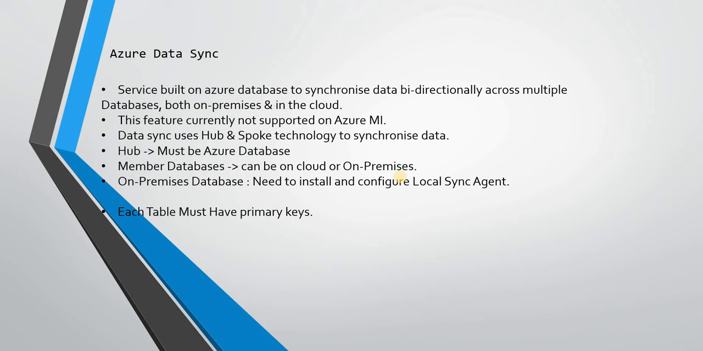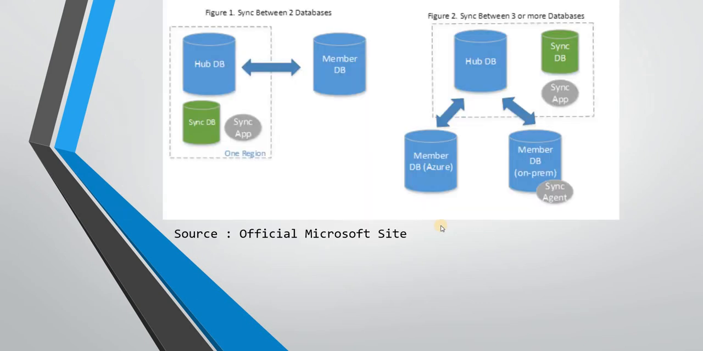on-premises databases. So let us see the diagram, how this looks. I have taken this from the official Microsoft site. You can see in the first picture there is a hub database, a sync DB, and then a member DB, which is syncing between the hub and member DB. In the second diagram, you can see a hub DB, a sync DB again, and one synchronization is done on the member database on Azure, and one is on premises with the sync agent configured. So this is actually very simple to understand,